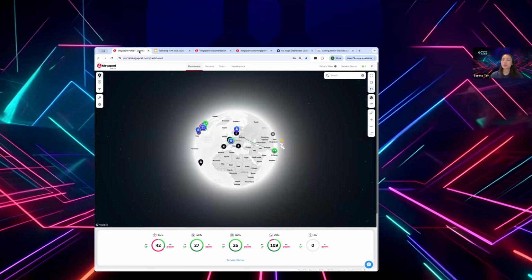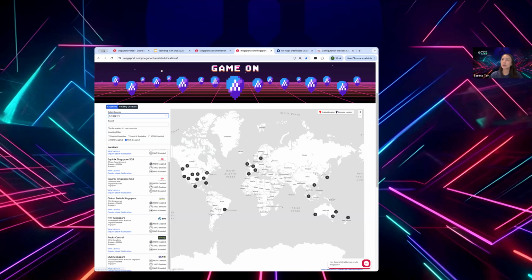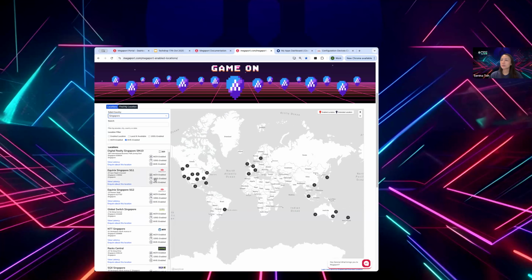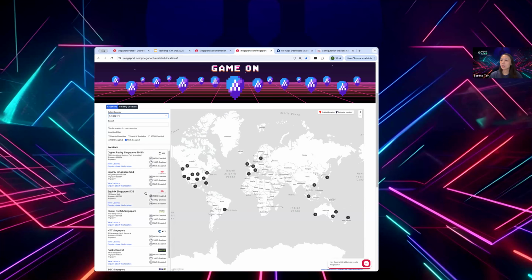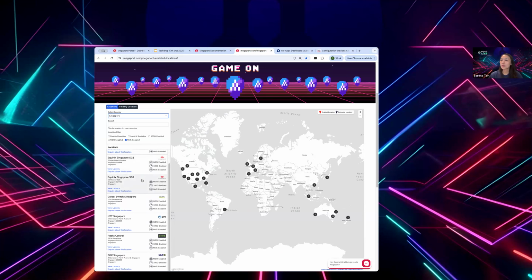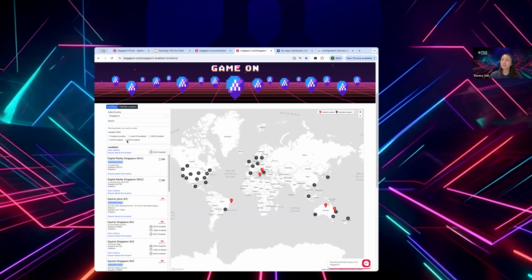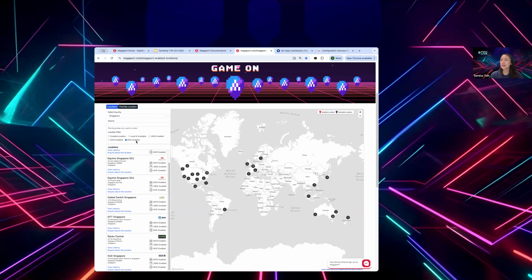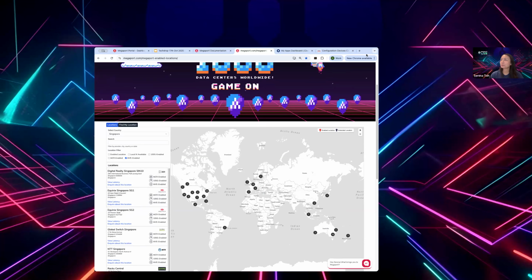Okay, so sorry, before I move to the portal, I think it'd be good if I share with you this megaport.com enabled locations page. It is available on the website. What you can do on this website is find Megaport points of presence around the world, especially if you are planning to deploy a virtual edge at any of our data centers. You can click on this MVE enabled option to filter,